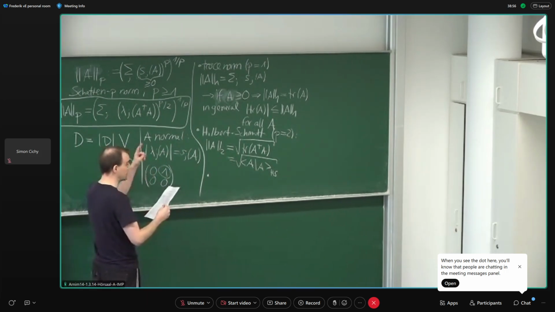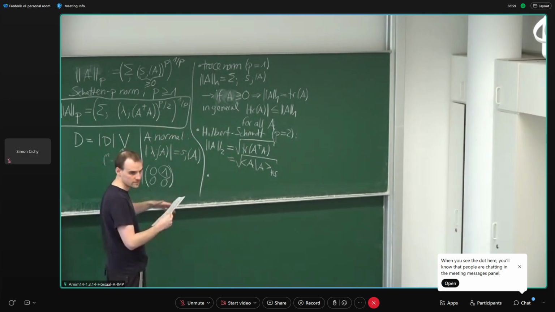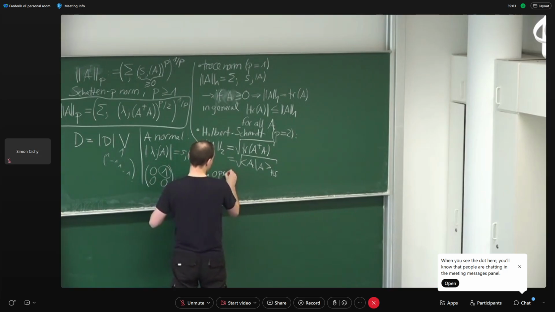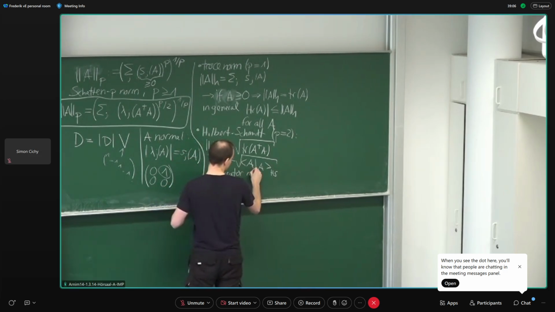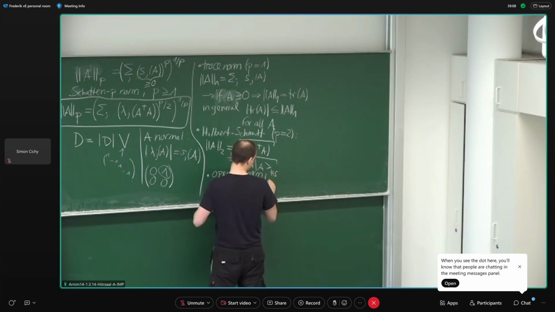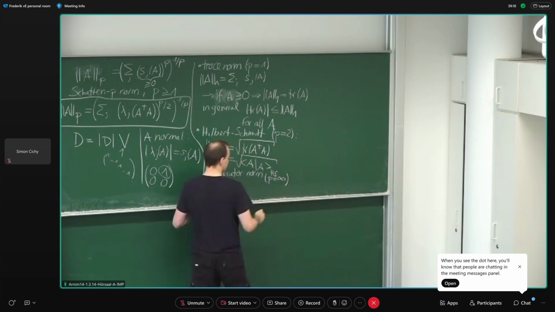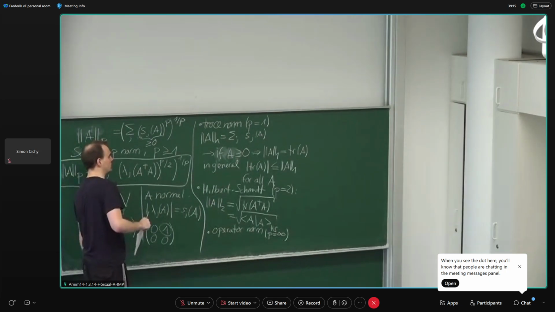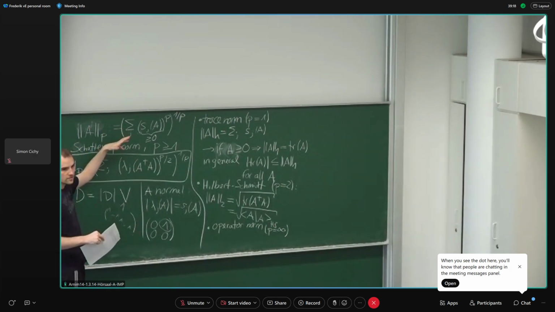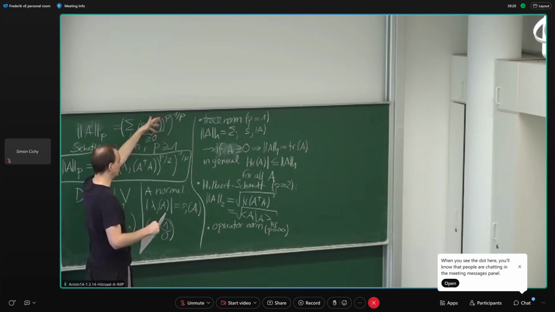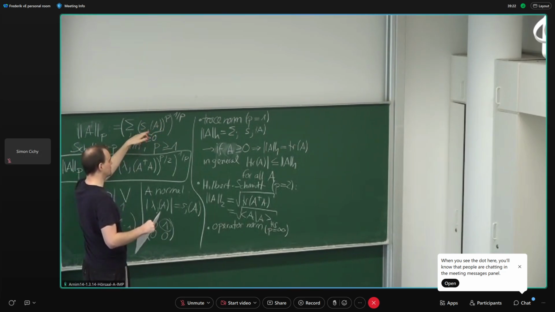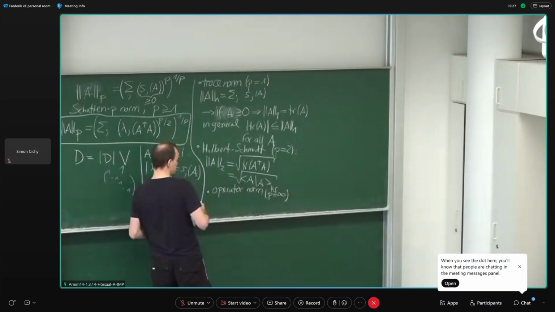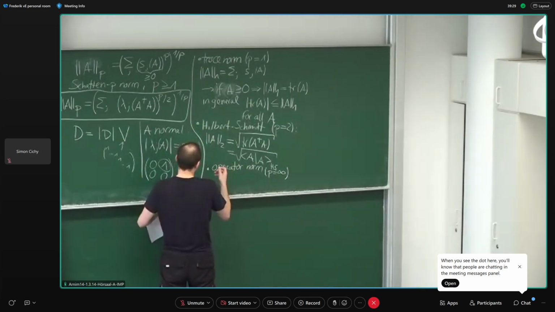And the third one, and after that I also come to the relation between these norms, is what's commonly known as the operator norm, the case p equals infinity. If you take a suitable limit here, then you'll end up with just the largest eigenvalue. The idea is that as p goes to infinity, the smaller eigenvalues vanish because you're taking the p-th root again. So what you end up with, and you can take that as a definition,